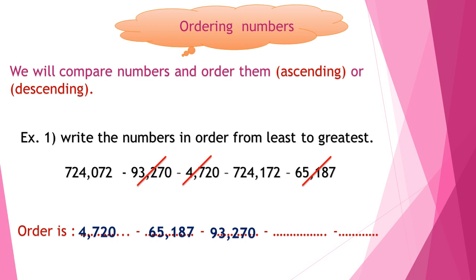Then which is the smallest? 0 or 1? Yes, 0. Then this number is the smallest. So we write 724,072. Then cancel it. The last number, 724,172